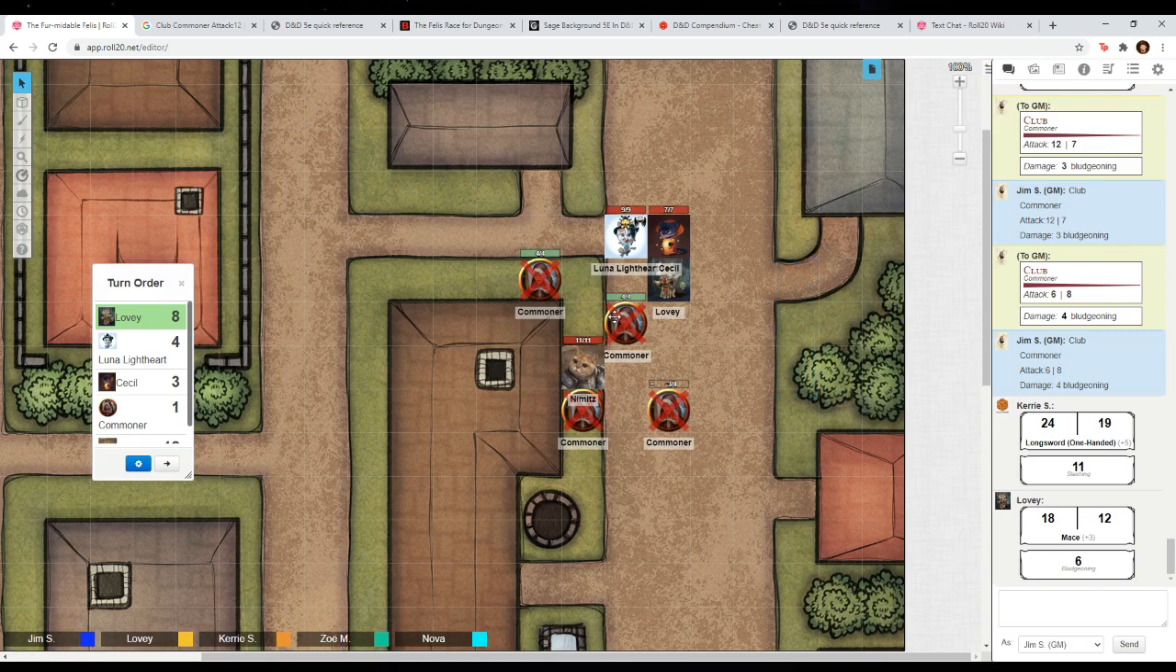Okay, so that's pretty much how combat works in D&D. And then loot the bodies. Traditionally, you get no loot because you just robbed poor commoners. No, I'm just saying traditionally you would loot the bodies. But